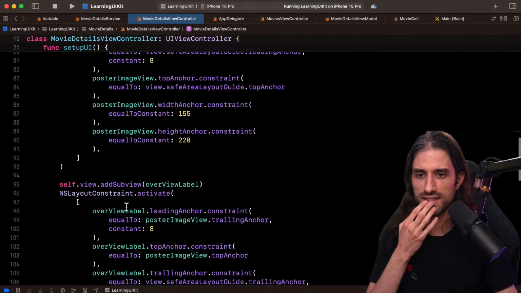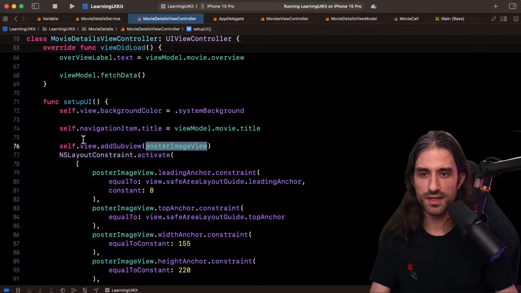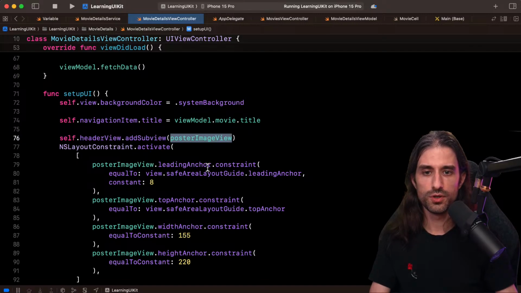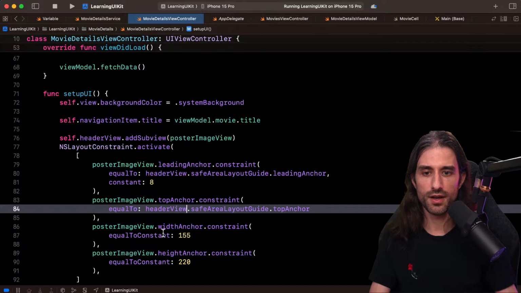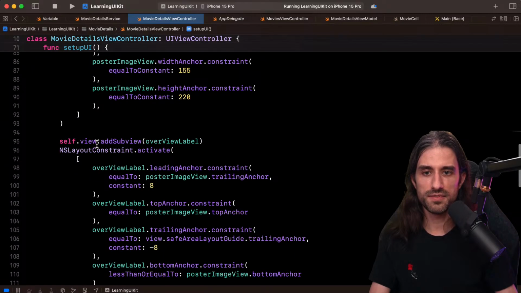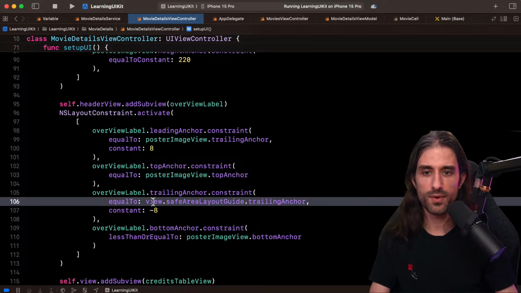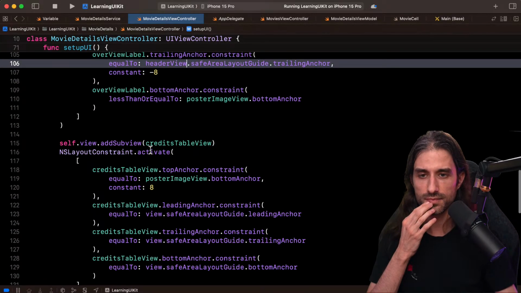And so inside setup UI, I will add the poster image view to the header view. Every place I was using the view, I'm going to use the header view instead. Same thing here for the overview label. So everywhere I was using the view, I use the header view instead.